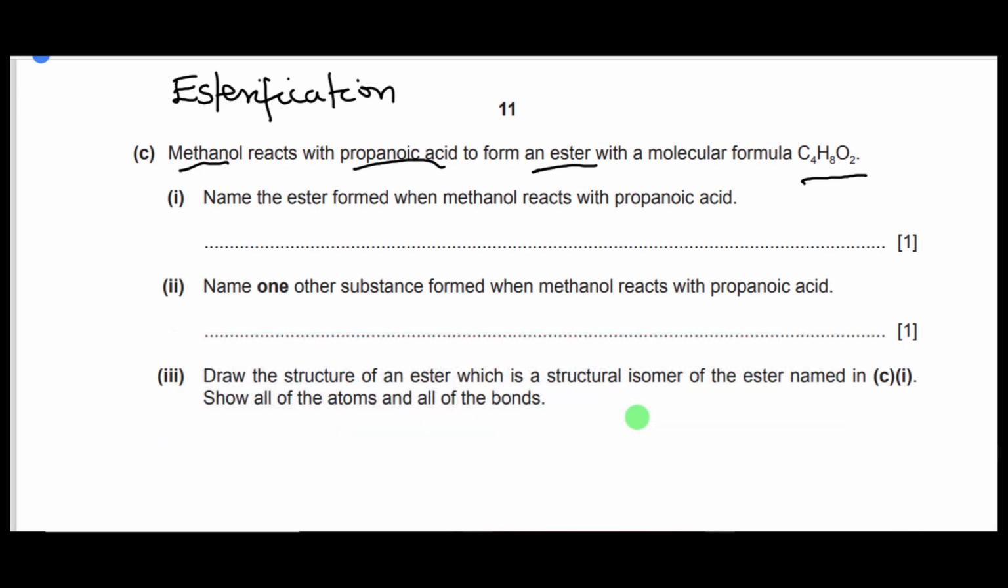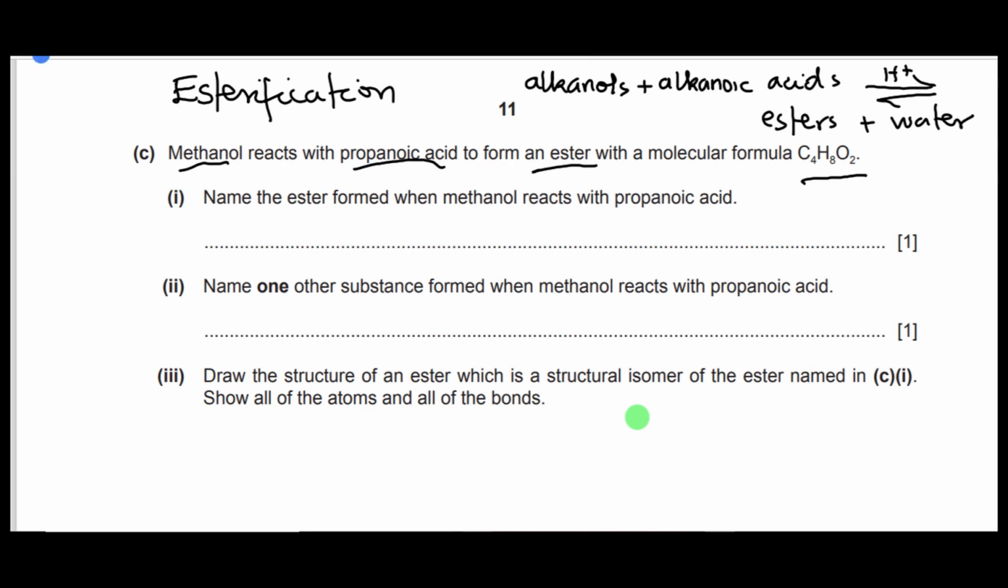So we have alkanols plus alkanoic acids, or carboxylic acids, we call it that way. One reversible reaction to give us what? Esters and water. So there are always 2 products, esters and water, right? Which means that the only constant product here is water, right? The ester formed will depend on the type of alkanol and alkanoic acid that are